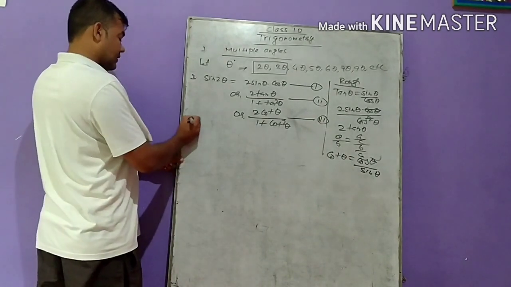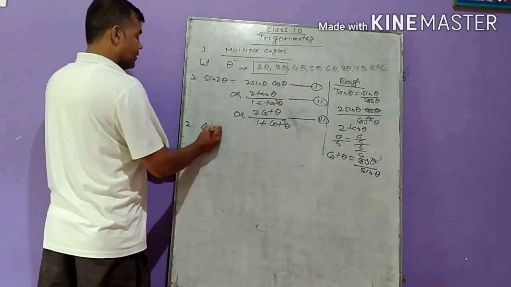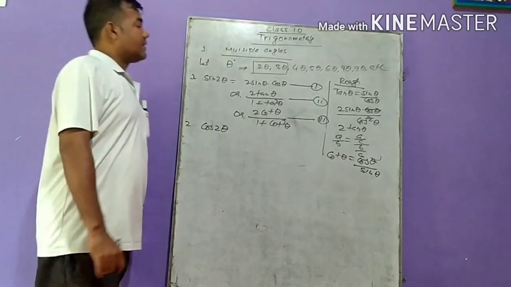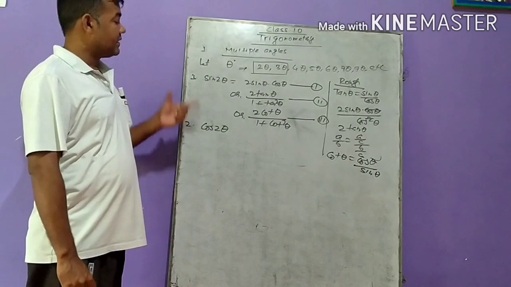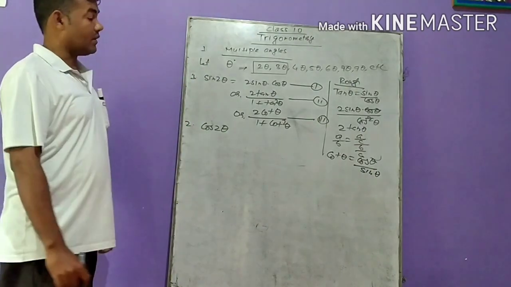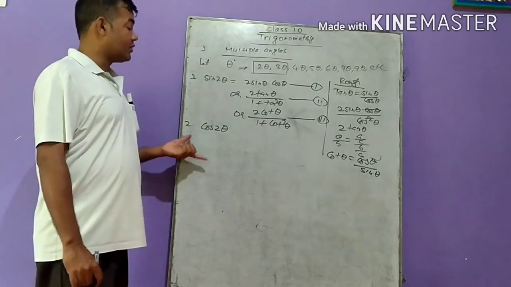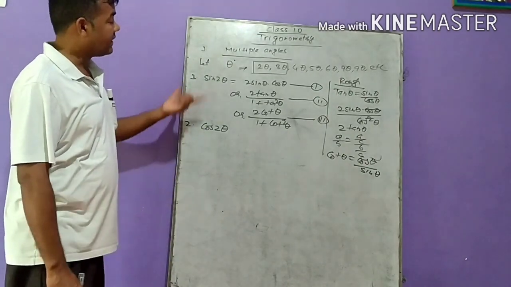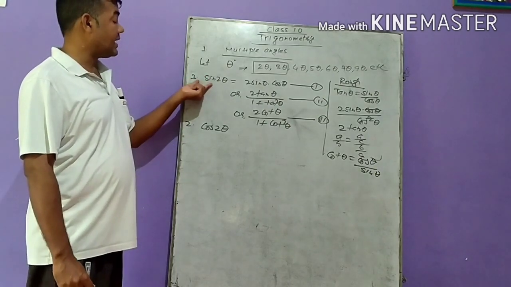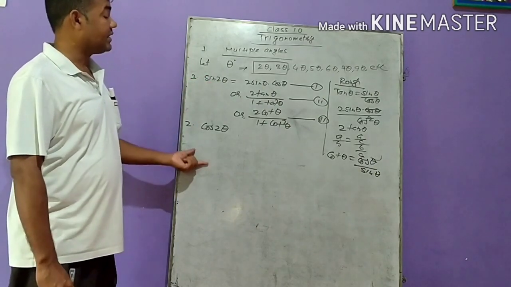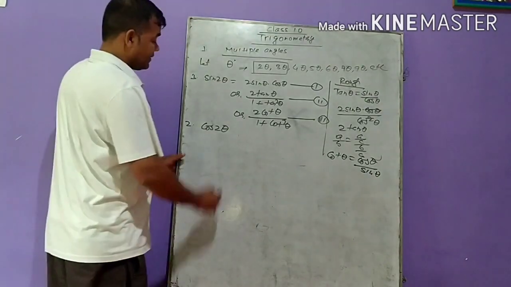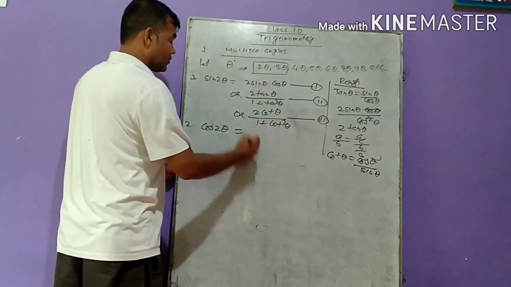In the same way, our next identity is what? Cos 2 theta. Because I told you 2 theta can be transformed into the various identities using sin, cos, tan, cot, sec, cosec, all. So we are going to determine the relation between sin 2 theta, cos 2 theta, tan 2 theta, cot 2 theta, with various identities. So now it is the turn of cos 2 theta.